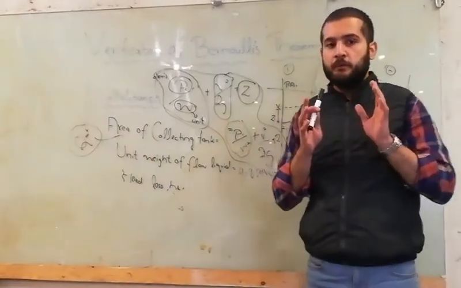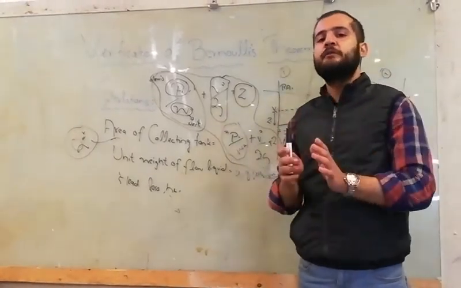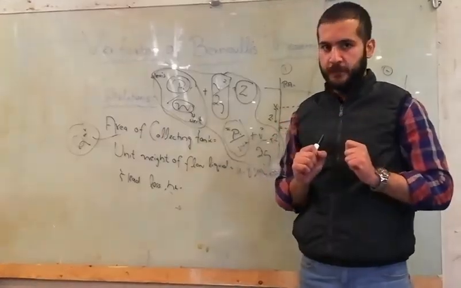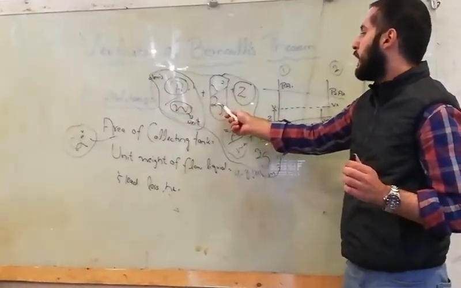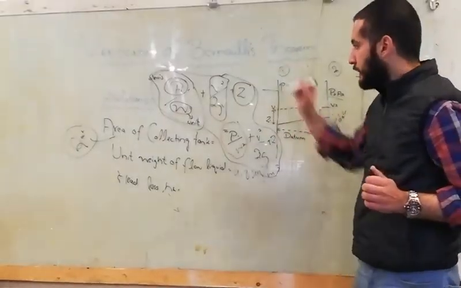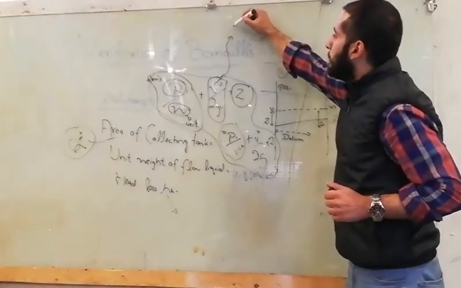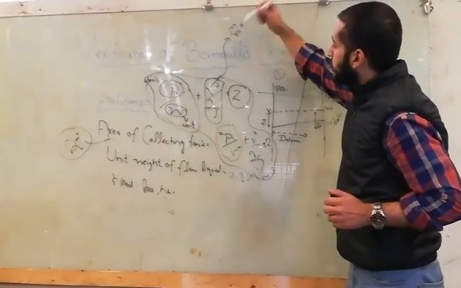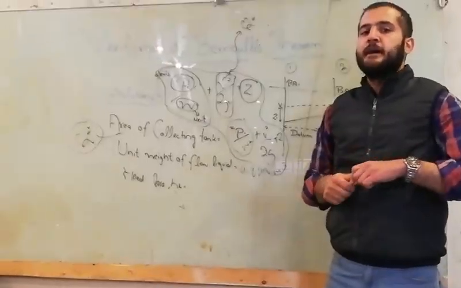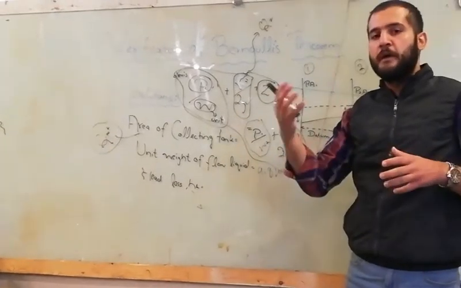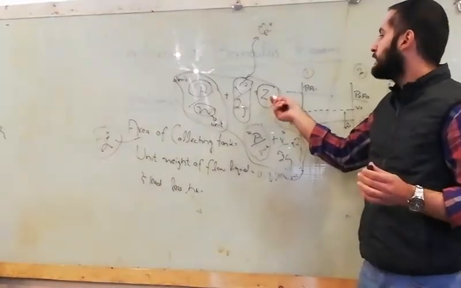So remember the potential energy, kinetic energy, and elevation head. The potential energy is just the head we are going to find by piezometer. Now for velocity head, we are going to find the velocity, and 2g is the gravitational constant, we know 9.8. Velocity leads us to find Q, and for that we find Q actual, which is just the volume divided by time. It will give the actual velocity. And this is the elevation head.